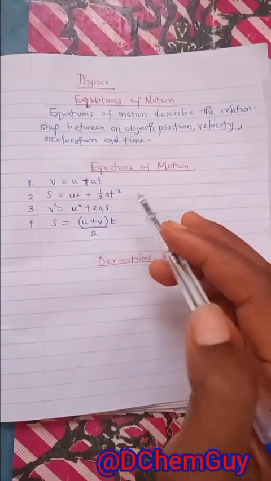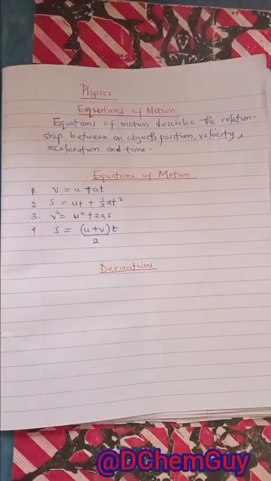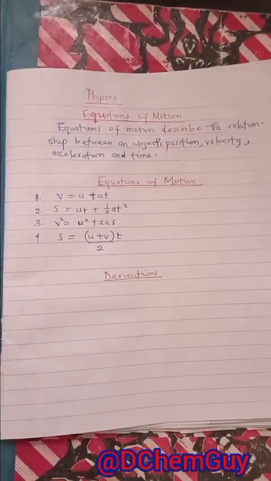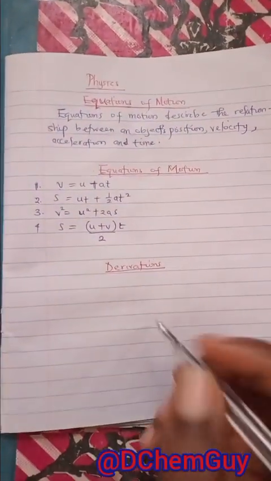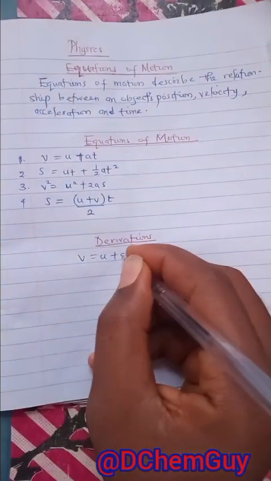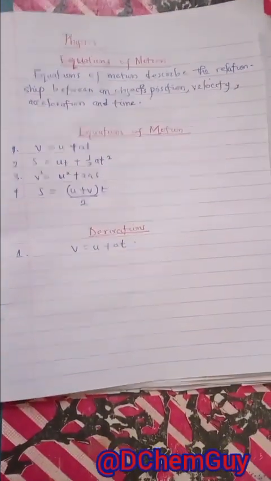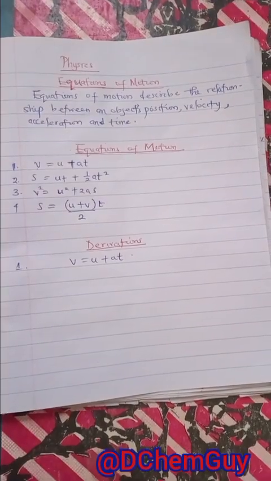All right. So we are going to learn how to derive these equations. We start with the first equation, that is equation 1. So let's learn how to derive v equals u plus at. So how do we derive this equation? It's very simple. We know that